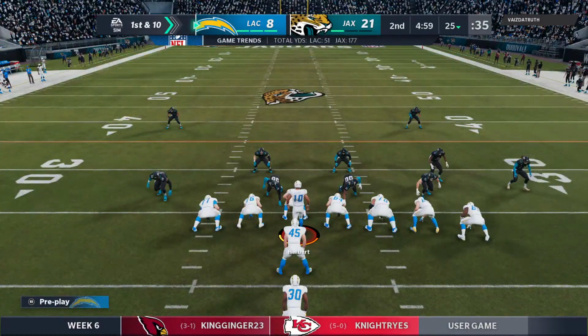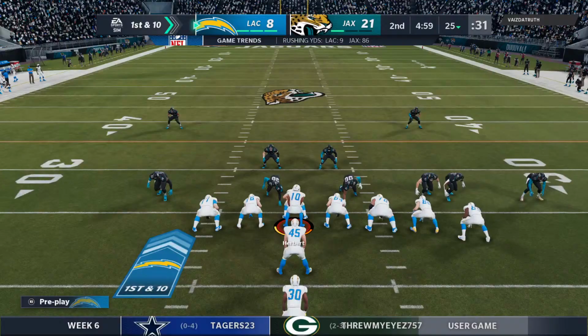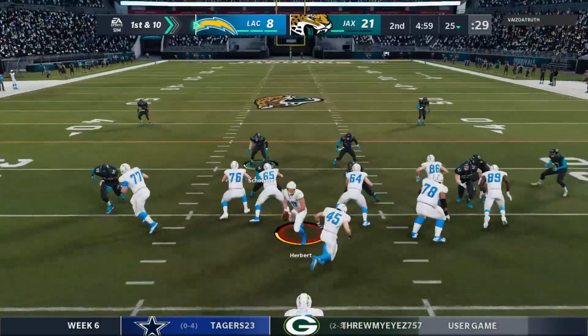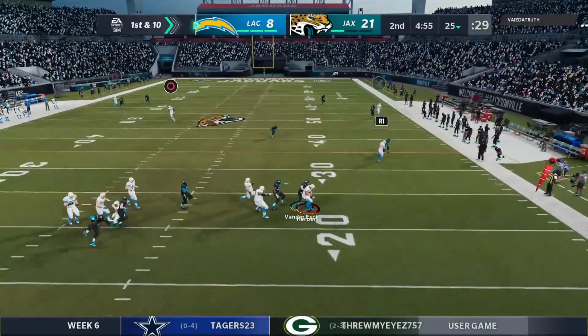The Charger drive about to get going. And following the interception, just any interception, are you a little bit more cautious when you start that next drive, or no, you just throw that out the window? I think you are. I don't think that there's any...